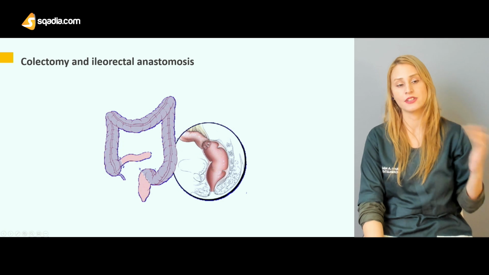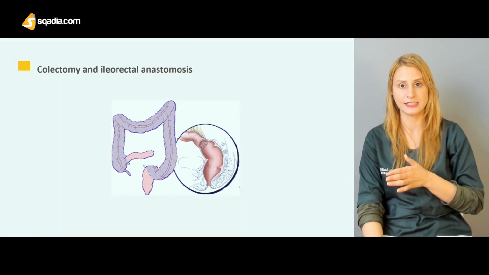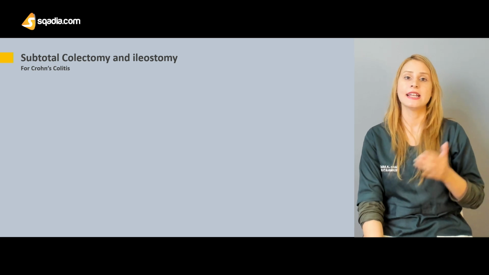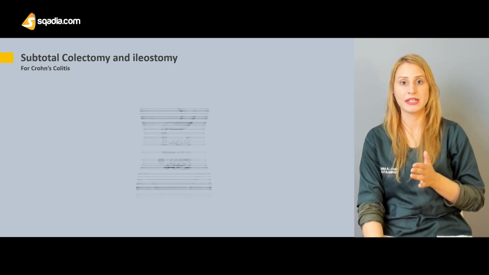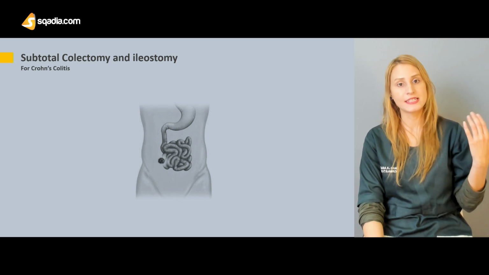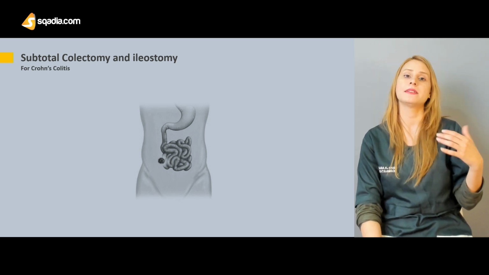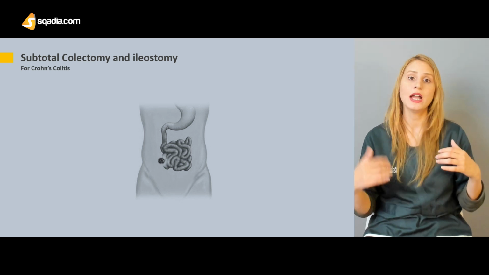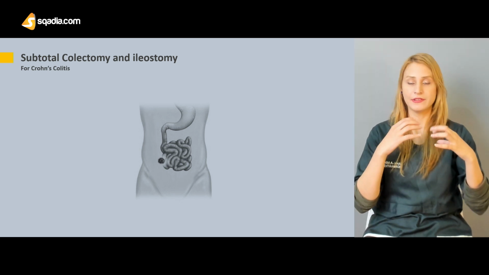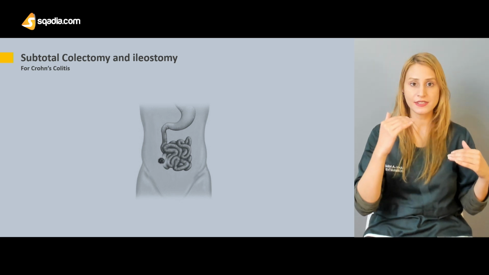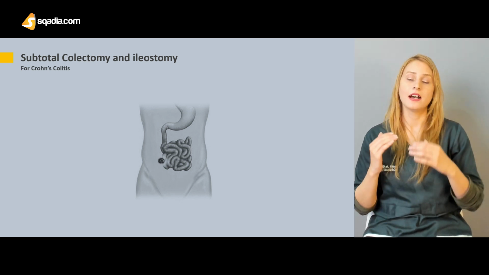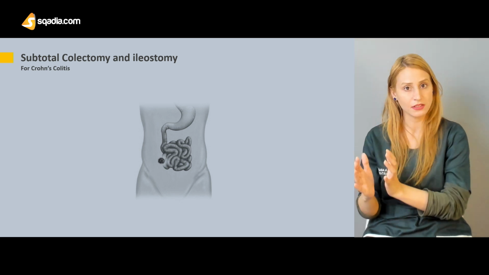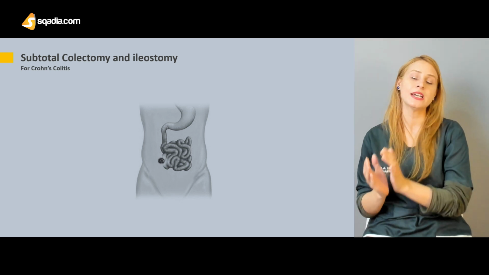Then the option is to go for colectomy and ileorectal anastomosis. Another option for Crohn's colitis is subtotal colectomy and ileostomy. It's like removing the diseased portion of the colon. It's not pancolectomy, removing the whole colon, but you just remove the ascending colon, the transverse colon, the descending, and the sigmoid colon. So you do the resection till the descending colon, and the sigmoid colon is left, and then you do the